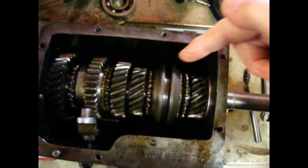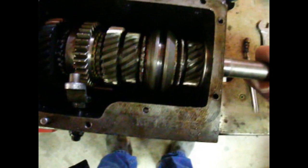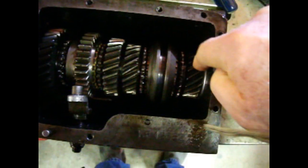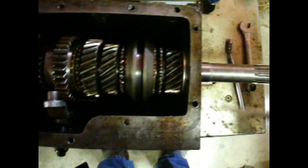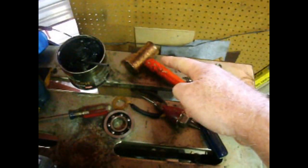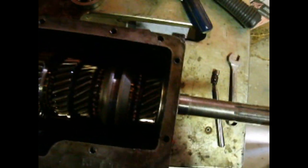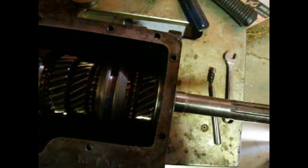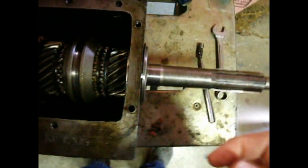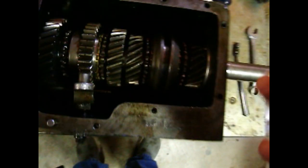Remember that the counter shaft gear is loose on the bottom, so you want to keep moving this to make sure it's not binding up, because even though it's loose, it can still bind up in the teeth here. And then just tapped it in with the copper hammer. It's a snug fit, but it's not real bad. So just tap it lightly, working side to side, and it'll go in. Once I had all that in,